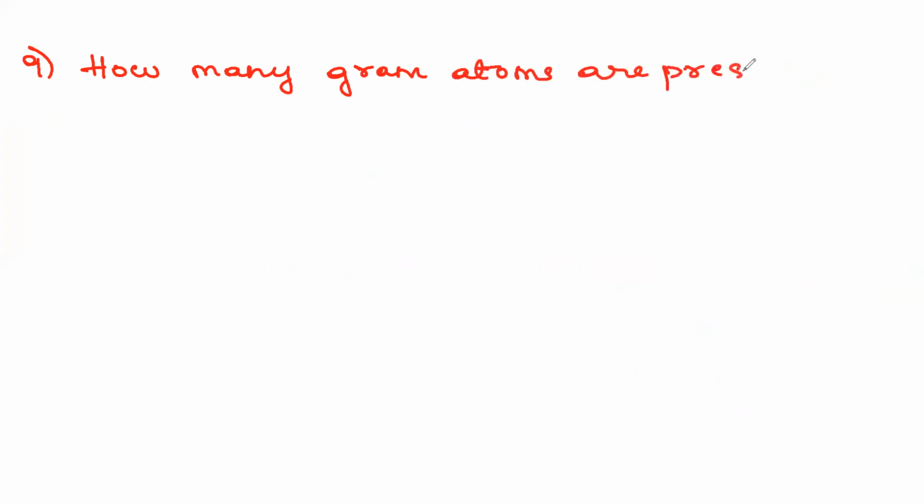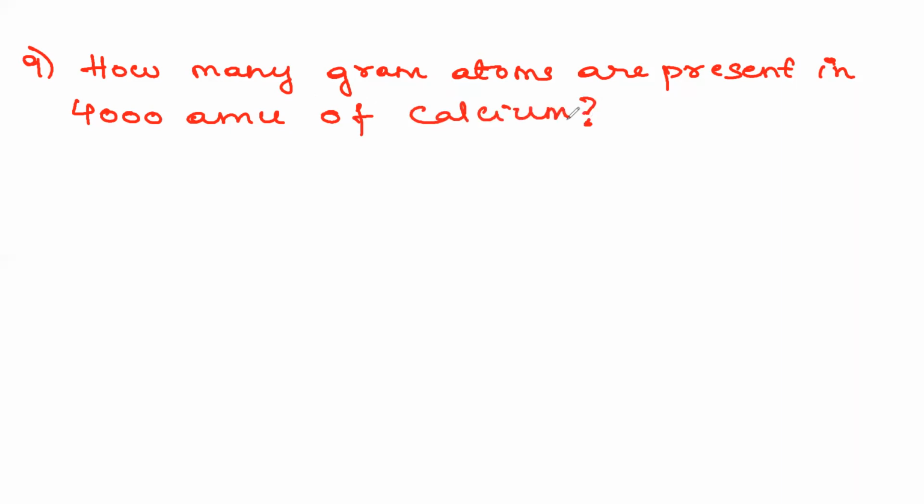How many gram atoms are present in 4,000 AMU of calcium? 4,000 AMU of calcium. This is atomic mass unit. AMU is given. Like this also they'll give. So we know that 4,000 AMU of calcium is equal to,